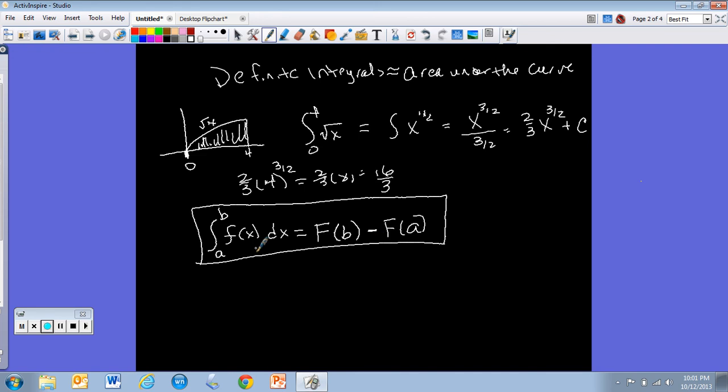Now, the key here is you can use this anytime. If I give you a definite integral of anything, you can always do the math and plug in the numbers and get an answer as long as your function is continuous. If you want it to represent area, though, guys, we do need to make sure that the curve is continuous. Applicable is a good word here. Area is only applicable if f is continuous